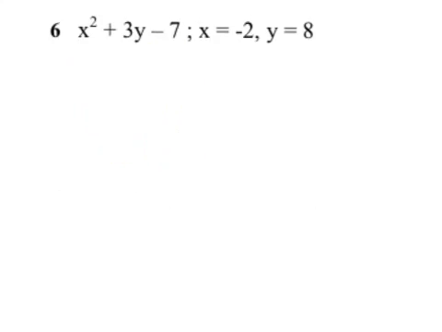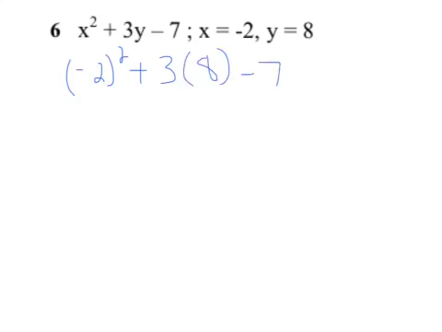Okay, in this last problem, we see that we have two variables. We have x and y. So x is negative 2, so we will substitute that in for x, and y is 8. When we're substituting in for x and we have this exponent here, we need to make sure that this value for x goes in parentheses. So it's negative 2 squared, because we want to take the value of x and square it, so we take that whole piece and square it, right? Plus 3 times the value of y